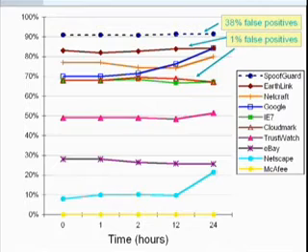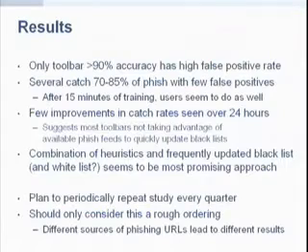I guess one that probably would be of interest here is Internet Explorer. You notice that Internet Explorer is near the 70% level right now, so that's actually quite good. That's their latest version of Internet Explorer. And then there's the Google toolbar, which does slightly better over time. You notice that it increases after about 12 and 24 hours. So that's pretty good results.